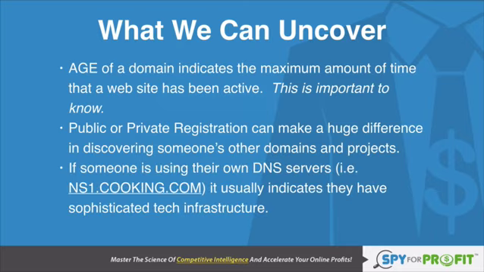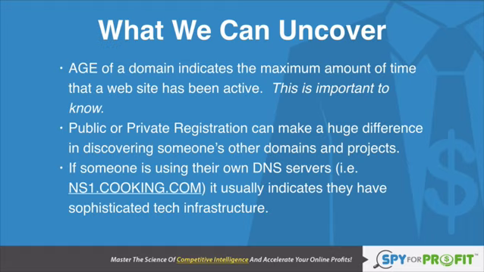The other thing to look at when you look at a domain name record is the DNS servers. Usually you'll see something like ns1.godaddy.com or ns1.bluehost.com. It'll usually indicate who their web server host is, who their provider is. But if you look into a competitor's domain and you see the domain name servers are using their own domain, like if we looked up cooking.com, which is a pretty big company, and we happen to find that they had a DNS server of